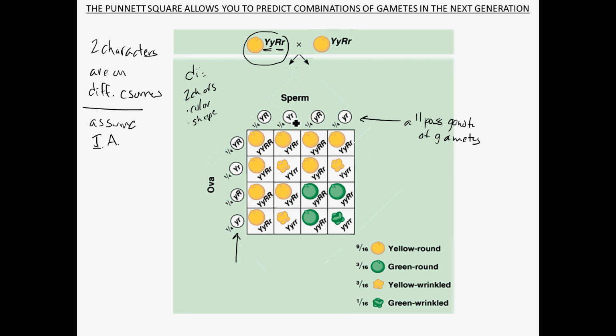So that's what goes on the outside of them. And then the boxes here all represent, again, all the possible combinations, all possible gamete combinations due to fertilization,